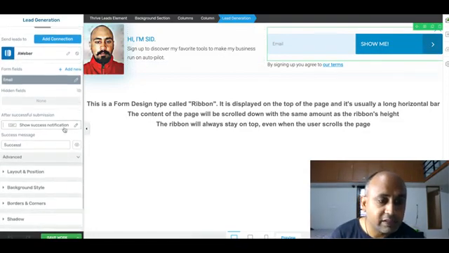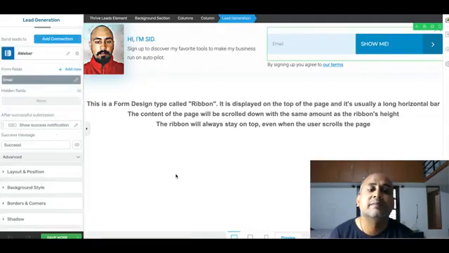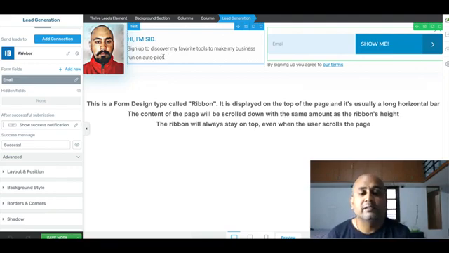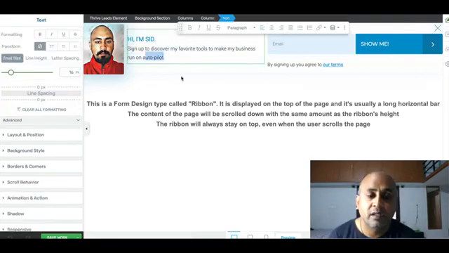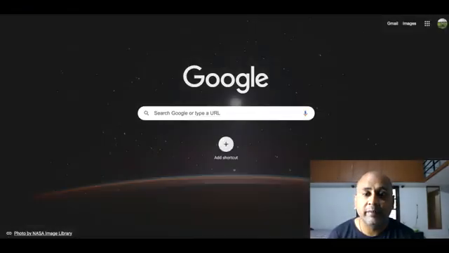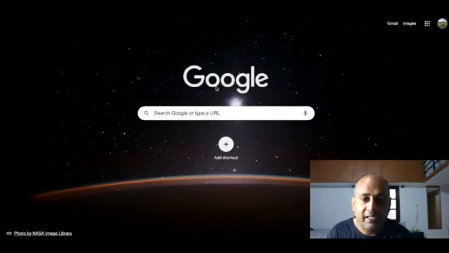After successful submission he can be redirected to a custom URL or switch state, anything. A custom URL is the better option over here because you are giving out free tools to run on autopilot. Instead of that, you can also change certain things over here, if you are just showing a success message that you will be opting into my email list or something like that. I'll go to my Aweber account and show you whether my email address has been added.